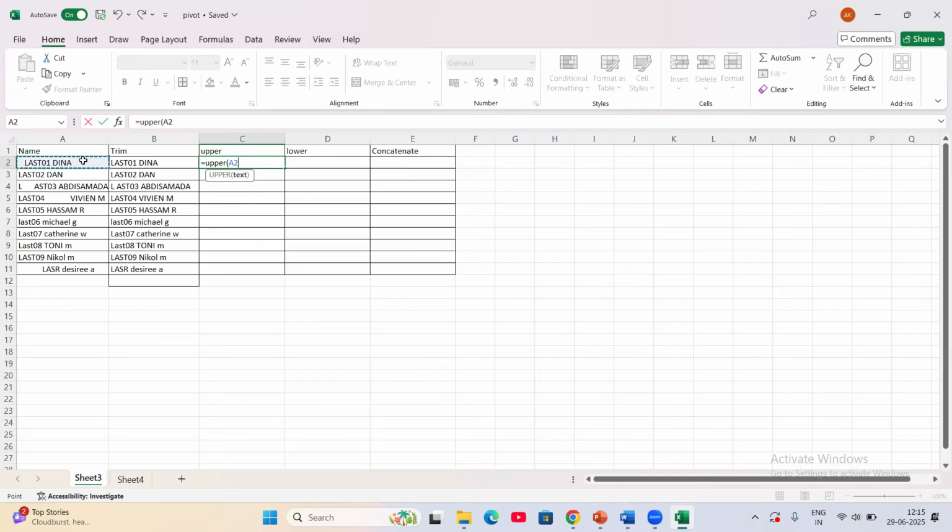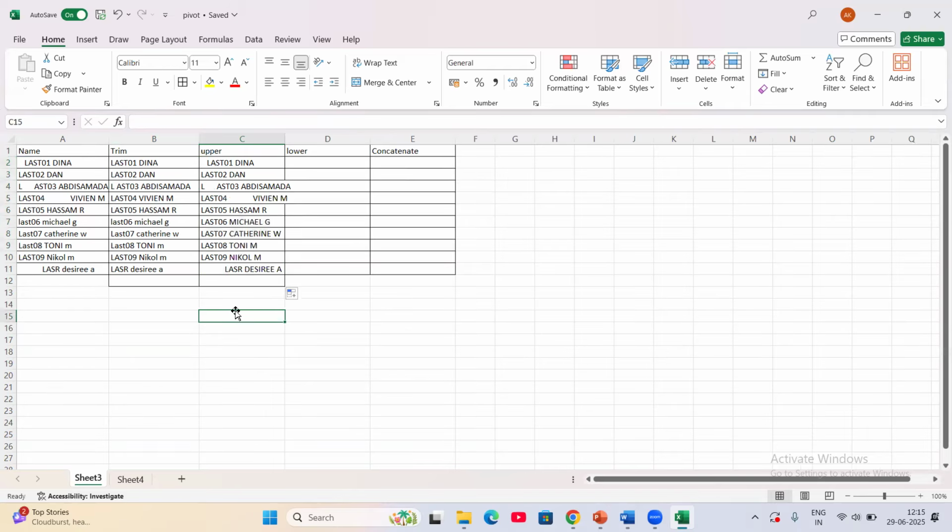Equals upper, click the cell you want, then select and drag to the cells where we want it. Here we can see that in row number 7, last 06 Michael G is in small letters. It is converted into upper letters. In row number 8, last 07 is converted into upper letters, last 08 is converted into upper letters. So next,